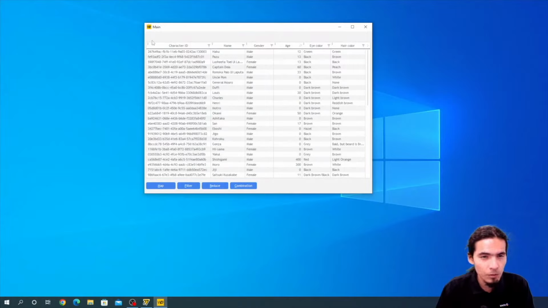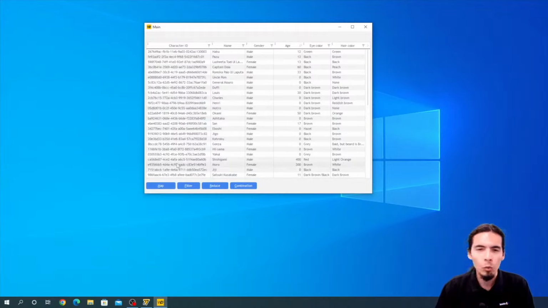Beautiful. So as you could see, it was a little bit of loading. I showed my infinite progress bar while the information was being loaded. And what I get is this table with all the information about the characters. So I have an identifier, I have the name of the character, I have the gender, the age, eye color, and hair color, right? I have this data in an array of structures, but now what we need to do is to handle the data, to perform operations with it, and that takes us to our first case, which is